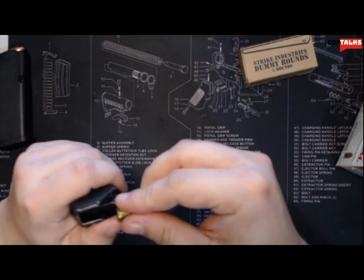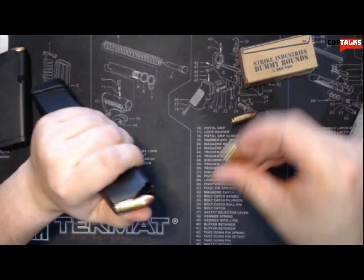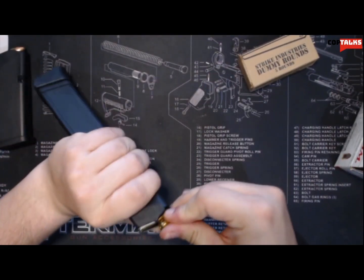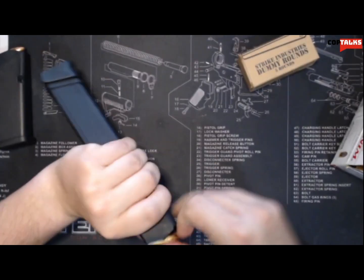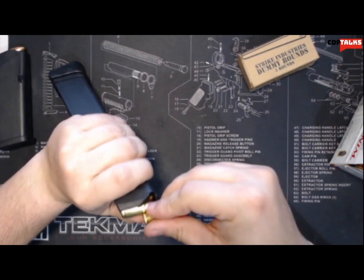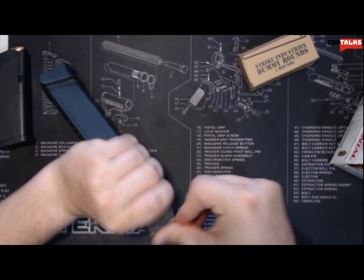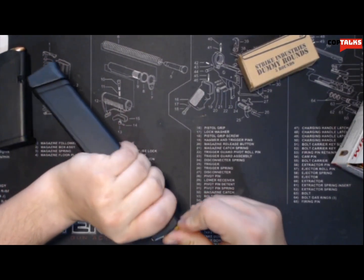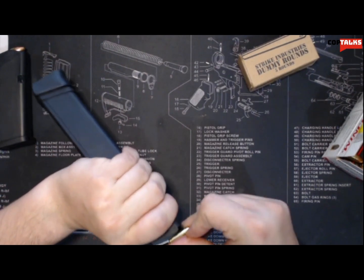So this is the 33 round. Oh, it's already feeling pretty stiff right off the bat. That's just one round in there. Squeaky. I don't think they're very lubricated. Yeah, I mean, the 33 rounder is definitely a little bit easier to load. Oh, listen to that squeak. Yeah, these are definitely cheap. I mean, shit, this one was $8.99. I'm not complaining too much, but